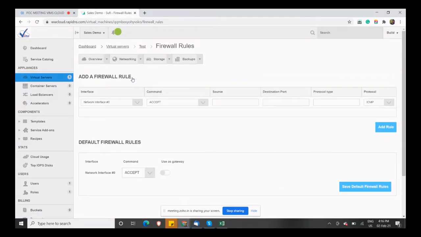Another option is firewall. It's an inbuilt VPC firewall that comes free of cost without any additional charges, wherein you can do whitelisting or blacklisting. Here there is an option, command. Accept means whitelisting. If you want to allow a specific IP address to access the virtual machine, you can mention the IP address and you will have to add a rule. Regarding this, once you are onboarded with us, we will align one support person for you. We will help you configure this rule.